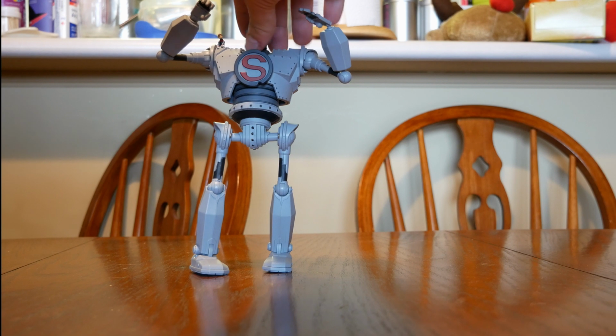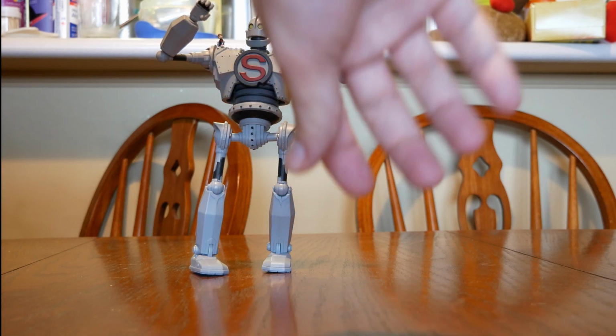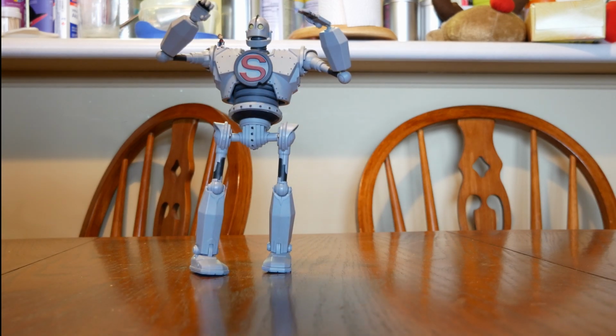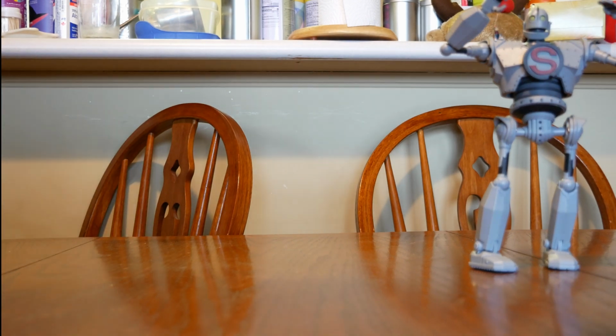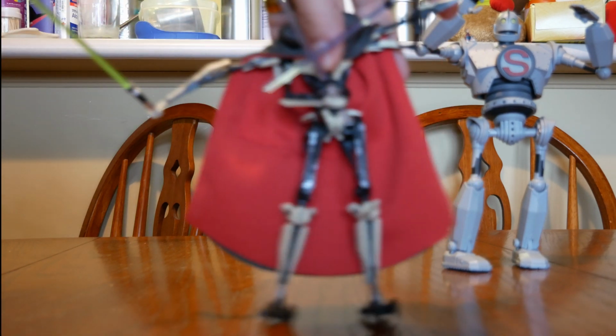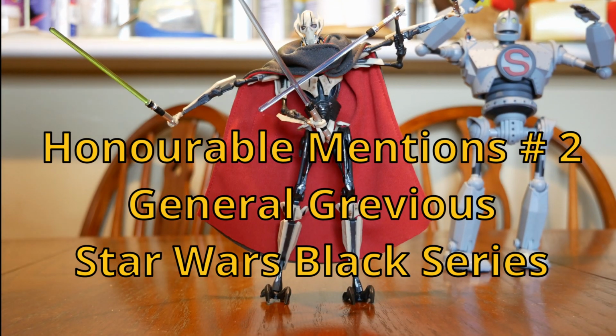And he's not super articulated. You can see the hips there. They don't really swivel around that much. You do get things like ankle cuts for the legs, but yeah, not super articulated, but a really nice figure nonetheless. Next we have General Grievous from the Black Series, and the good general here